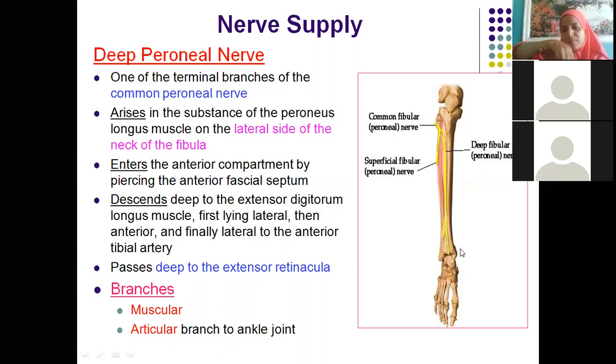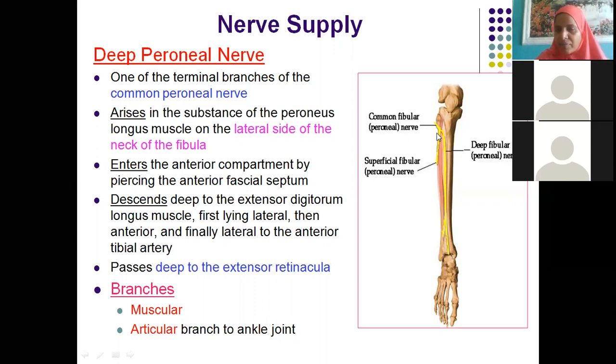I told something, if you are concentrating. Foot drop. Foot drop, isn't it? This is the tender point, beta. Neck of the fibula, where this common peroneal nerve may get damaged if there is any fracture.